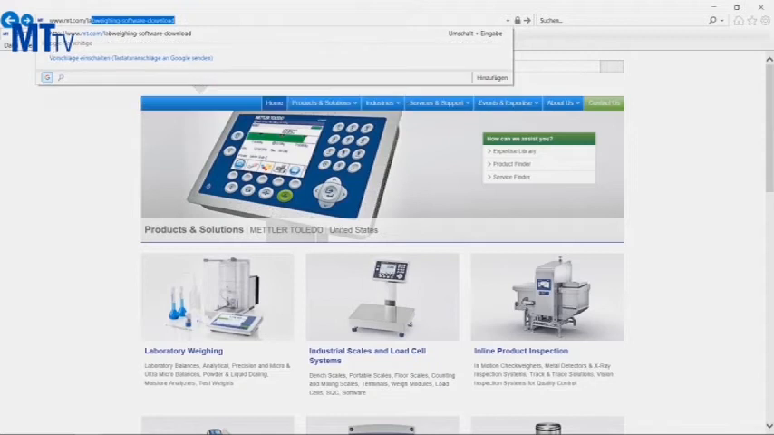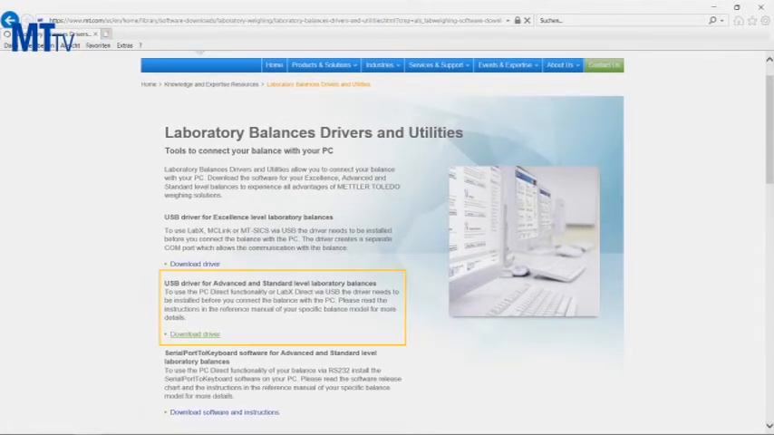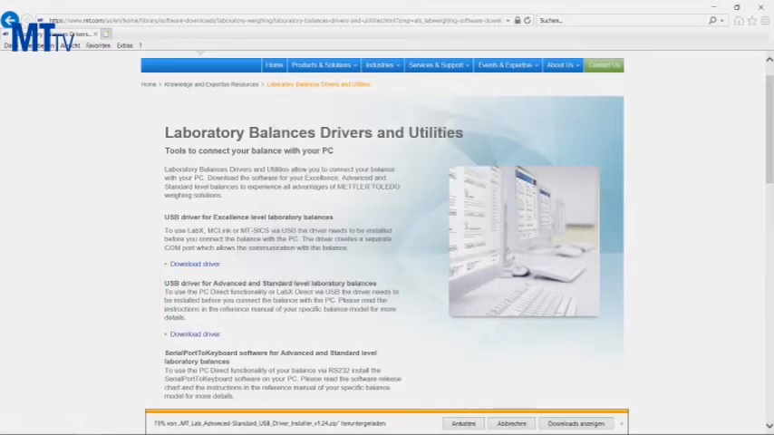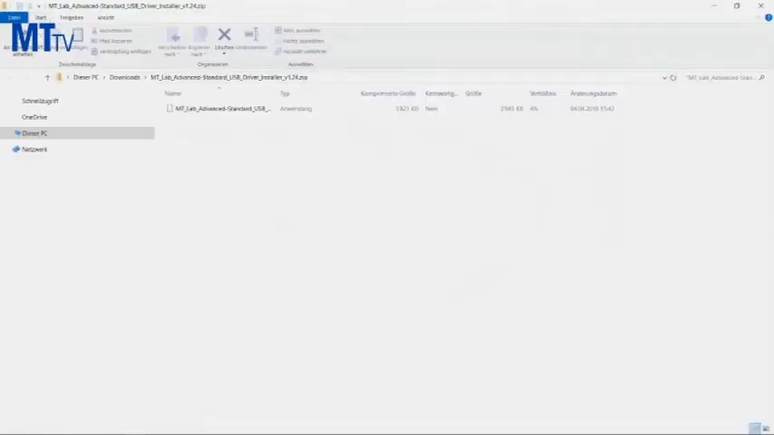So we start by going to mt.com and then typing in the suffix labweighing-software-download. We choose the USB driver for advanced and standard level laboratory balances in this case, and it's highlighted here. Then we click on the link to save the zip file on our PC, extract it,